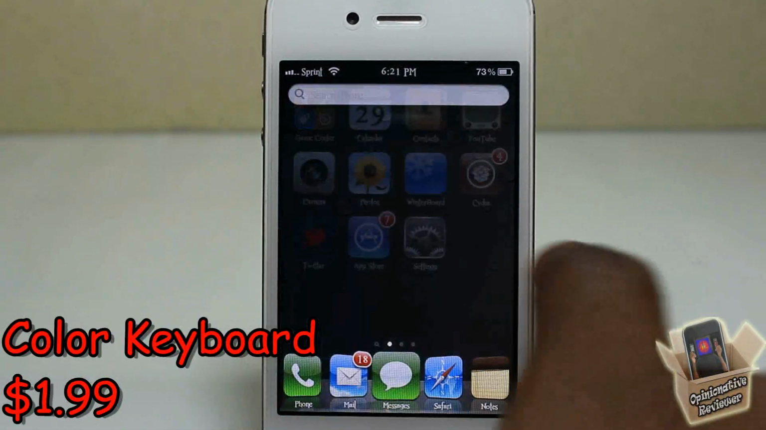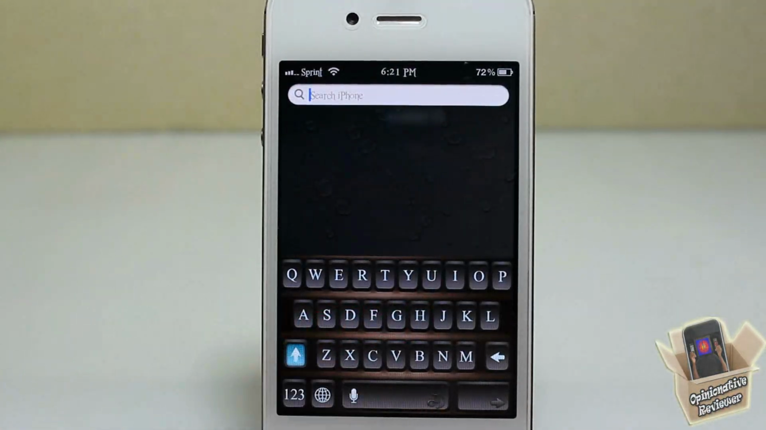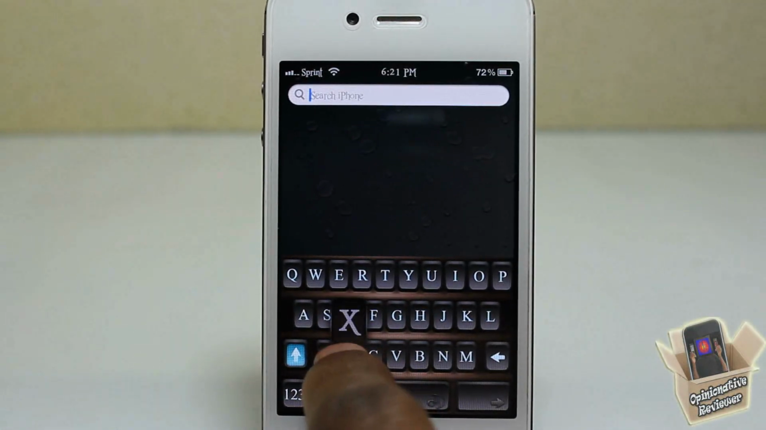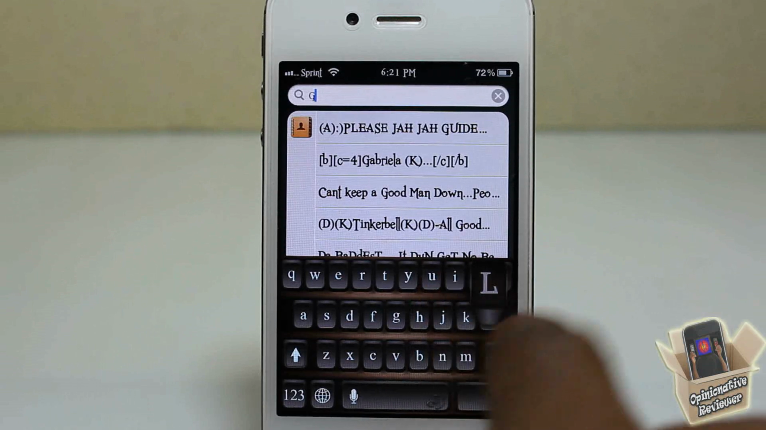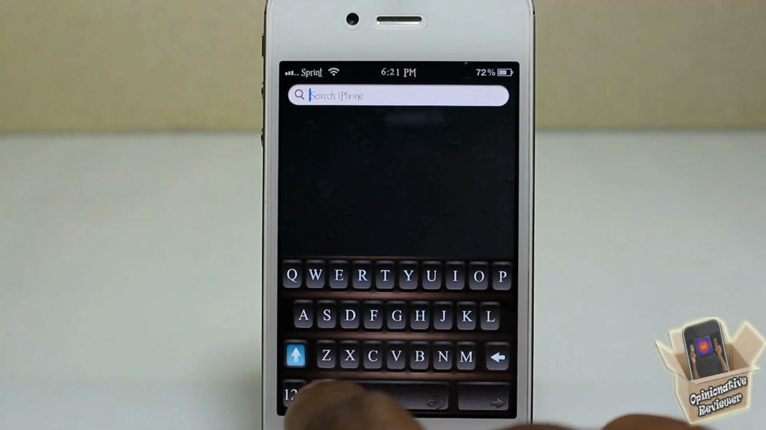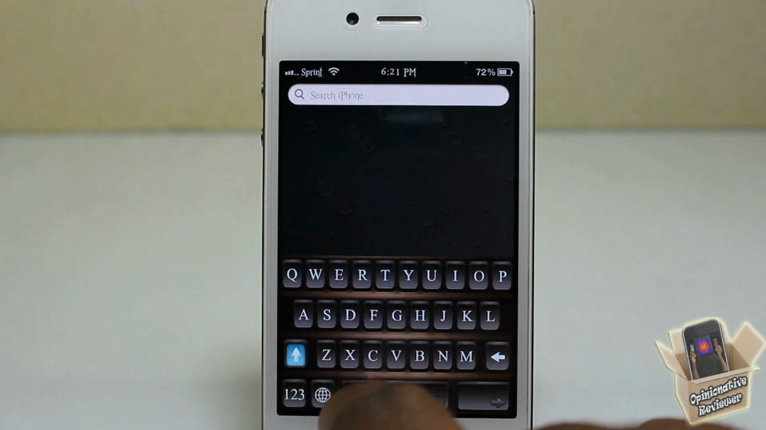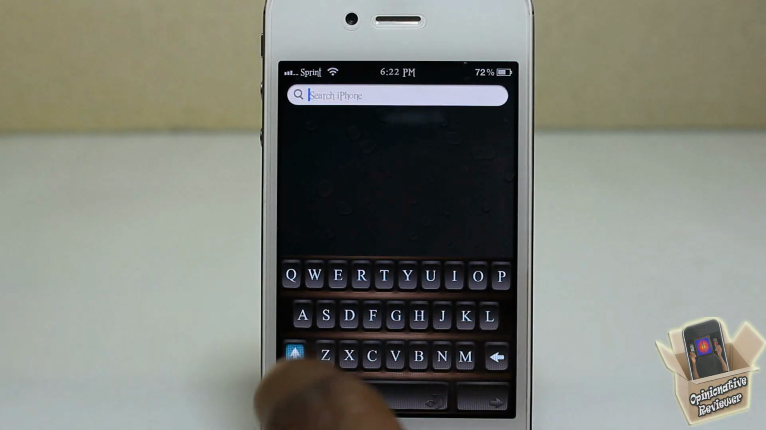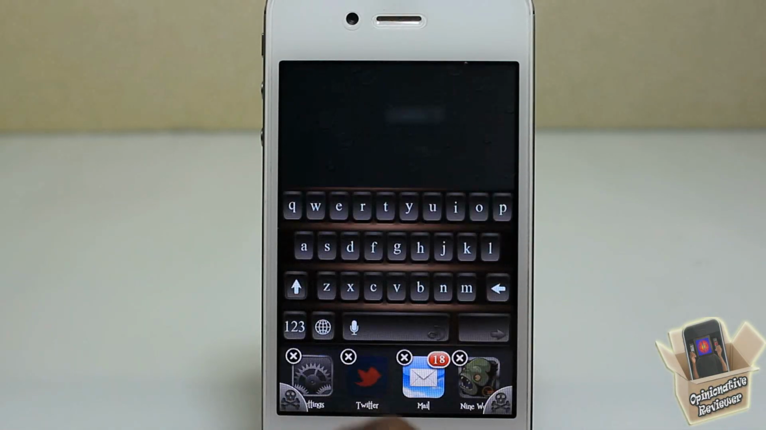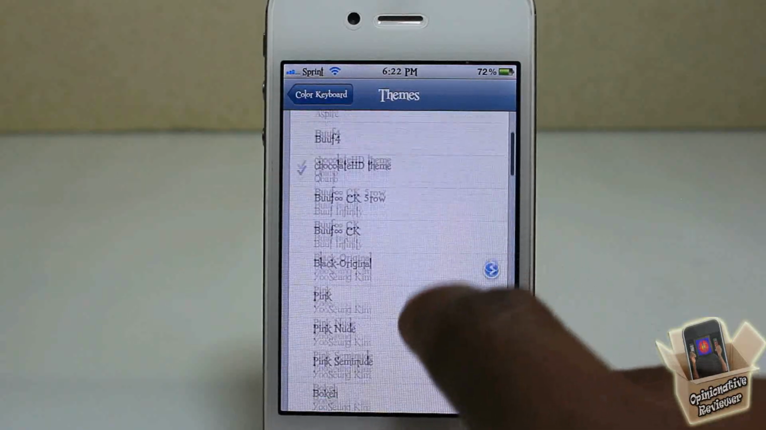Next one is Color Keyboard, and there's also Color Keyboard HD for the iPad. Color Keyboard is $1.99, HD is $2.99, and this allows you to change the color of your keyboard. You don't have to use iAccess, just Color Keyboard. It has so many different themes, and most of the themes that come out also create a color keyboard theme